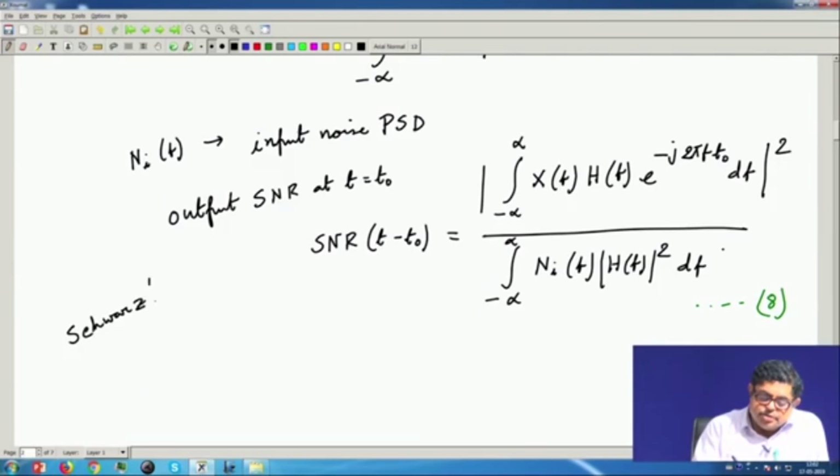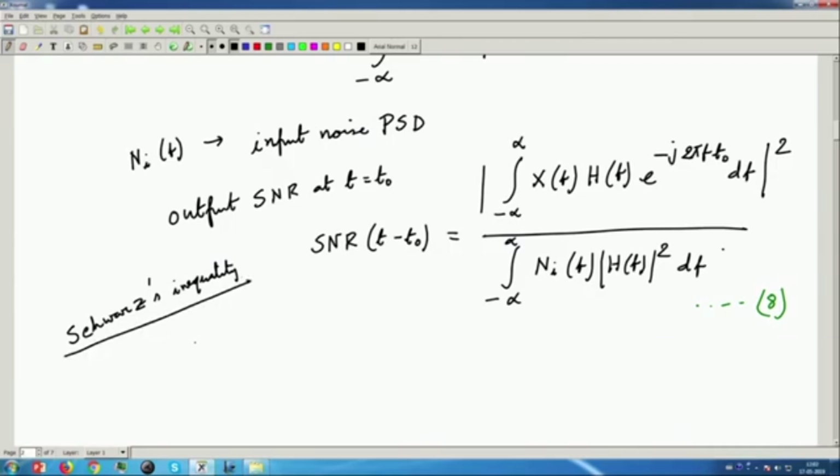Schwarz inequality. So, we will take the help of that. What is the Schwarz inequality? Schwarz says that